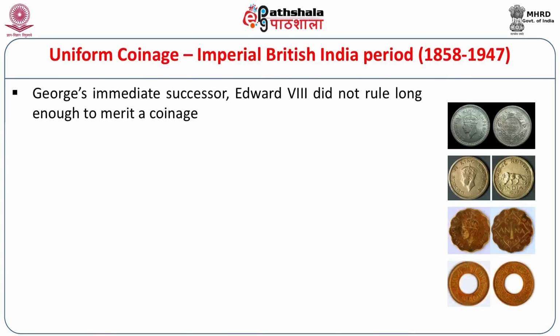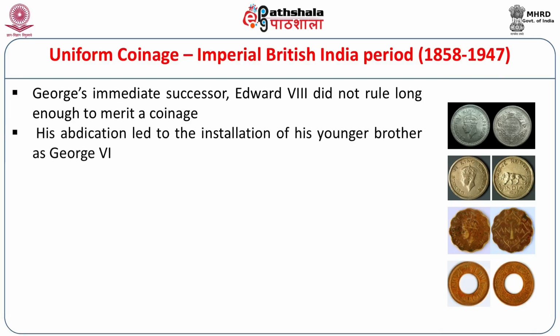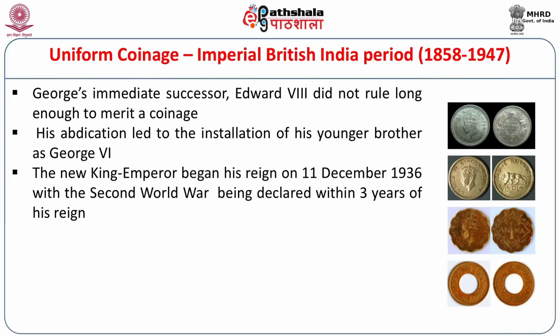George's immediate successor, Edward VIII, did not rule long enough to basically issue his own coinage because he soon abdicated in favor of his younger brother, who assumed the throne with the name George VI. The new King Emperor began his reign on 11 December 1936. At this period, Europe was again on the verge of a Second World War, which began within 3 years of